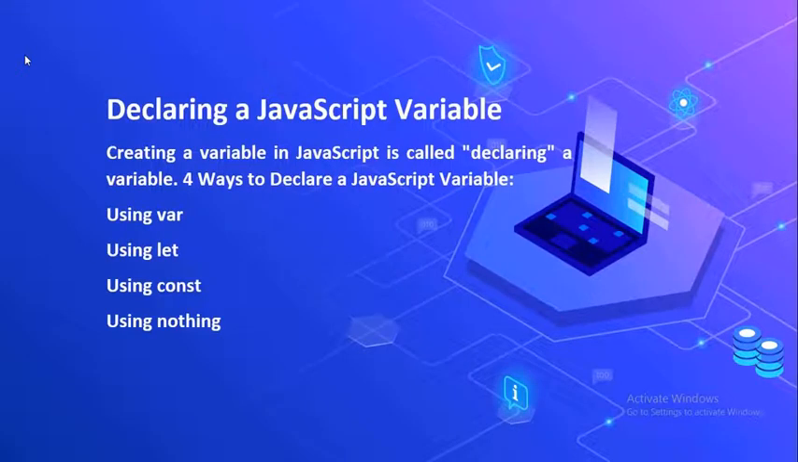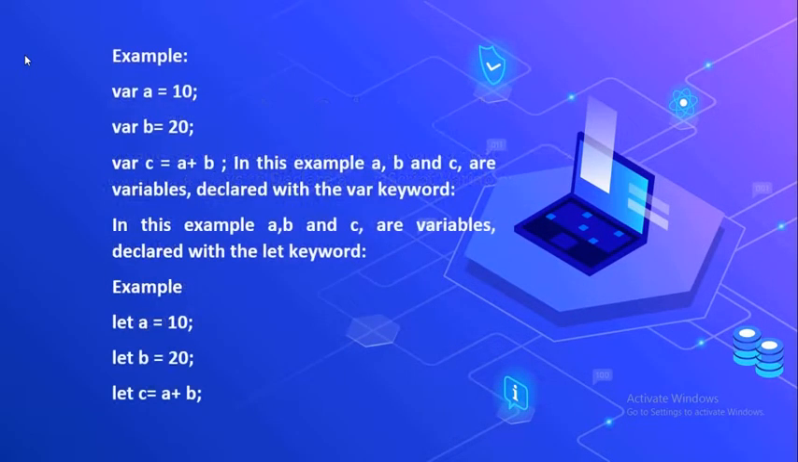Declaring a JavaScript variable. Creating a variable in JavaScript is called declaring a variable. There are 4 ways to declare a JavaScript variable: using var, using let, using const, using nothing. Example: var a = 10; var b = 20; var c = a + b;